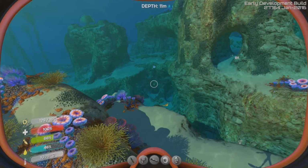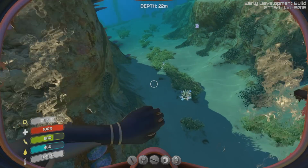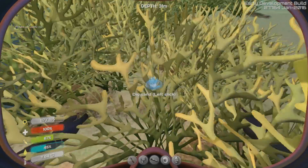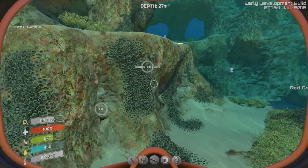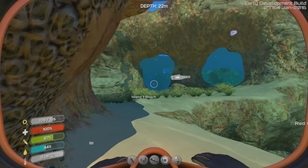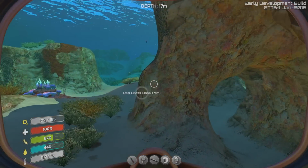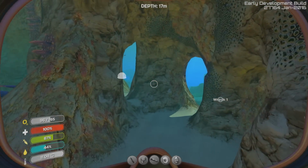And this is taking a surprisingly long time. Well, I'm here, so fine. I'll grab you. Alright, so I got that. I should grab a couple of these air sacs for additional air, but yeah, they'll probably go off before I get them out of the water, and I've got no more room in the tanks on board the ship at the moment, so...